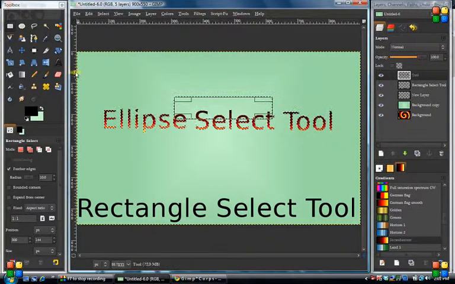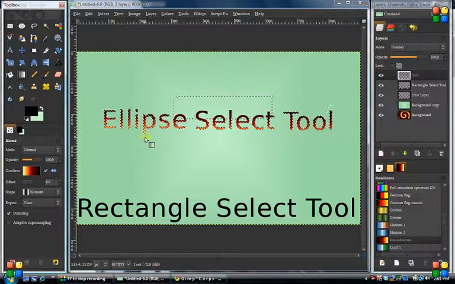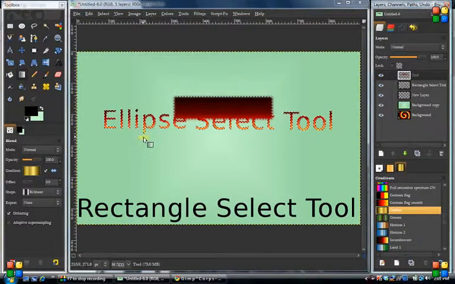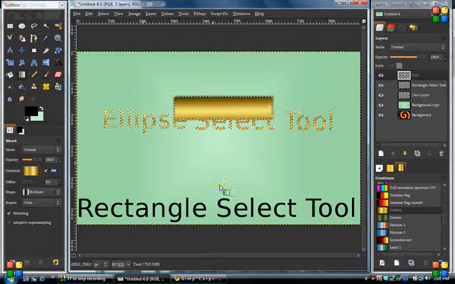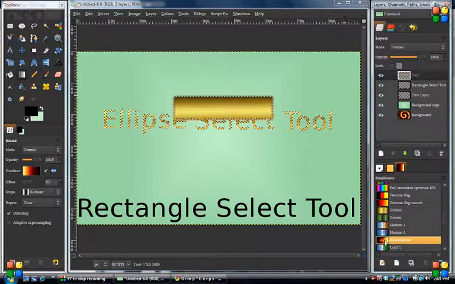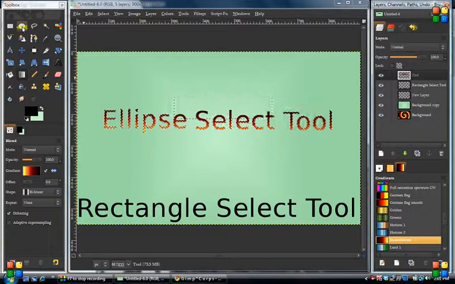Now let's see what happens when we do a gradient. As you can see, it still selects and does everything to these. We'll use a different color so you can see what's happening. It still is selecting all these, but it's now selecting that rectangle area we did also. Okay. So let's take and we'll undo that, and we will look at